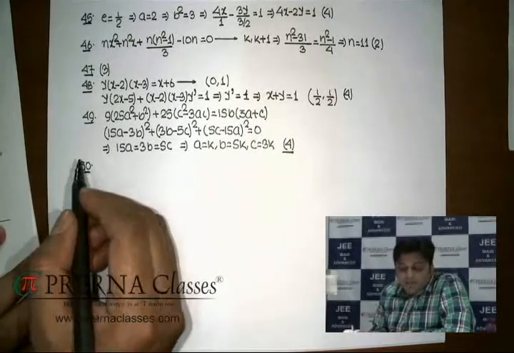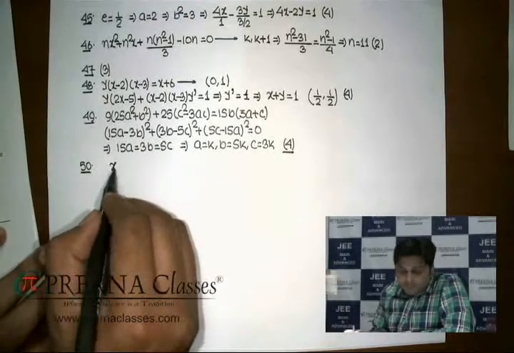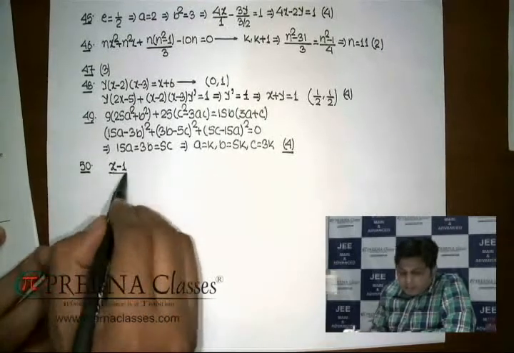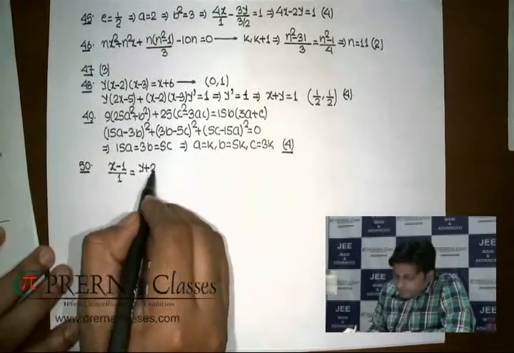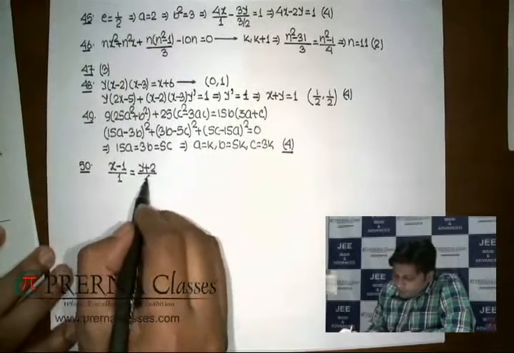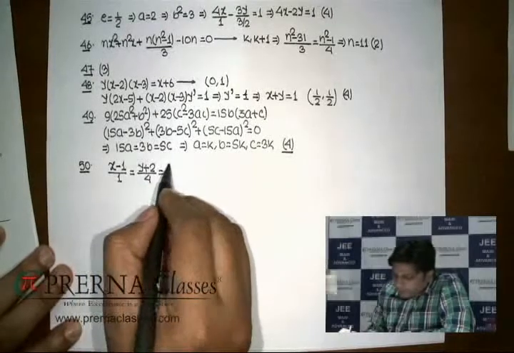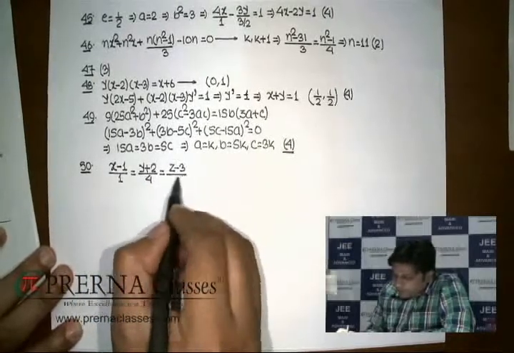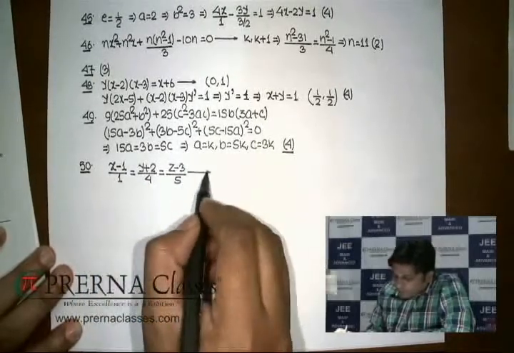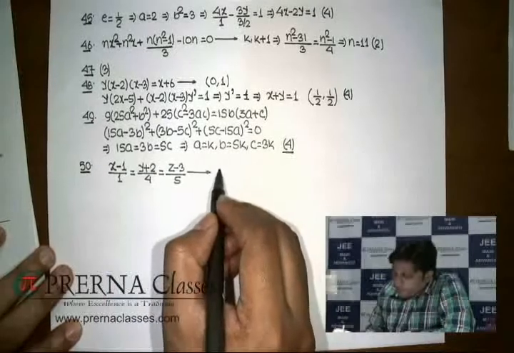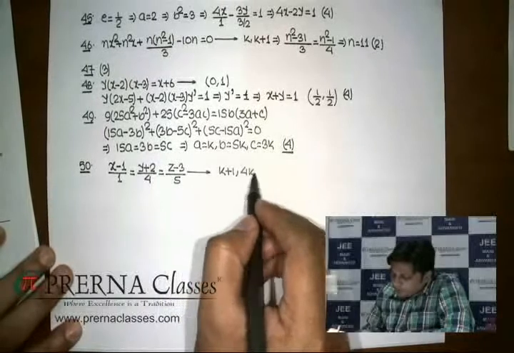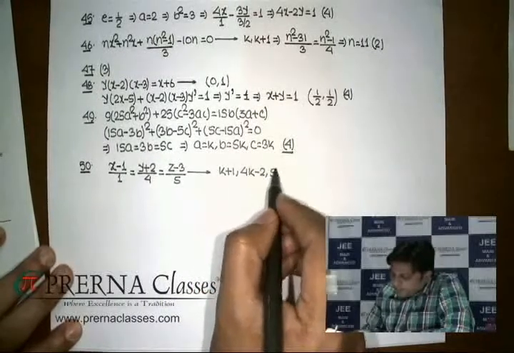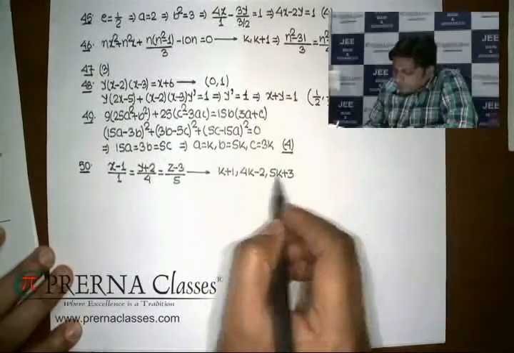Note that we can write a line through (1, -2, 3) parallel to the given line, equivalent to (x - 1)/1 = (y + 2)/4 = (z - 3)/5. Any point on this line can be taken as (k + 1, 4k - 2,